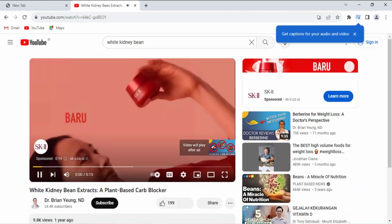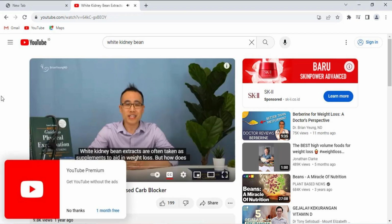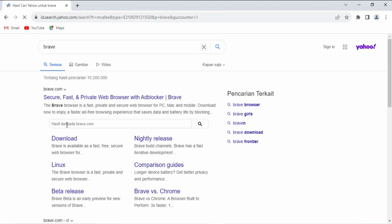If you want to watch a video, you are more likely to get ads. If you don't like it, you have to use the premium version. But what if I told you that you can avoid ads and avoid paying for the premium version at the same time? Here's the trick. You just need to download the Brave browser